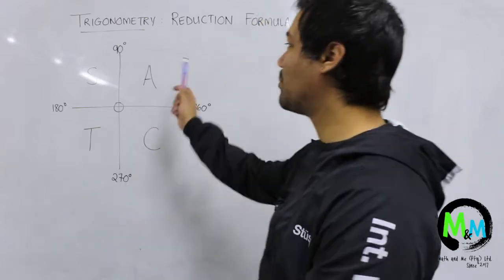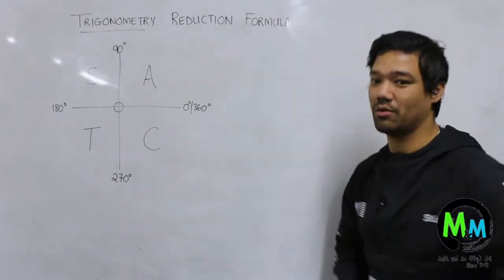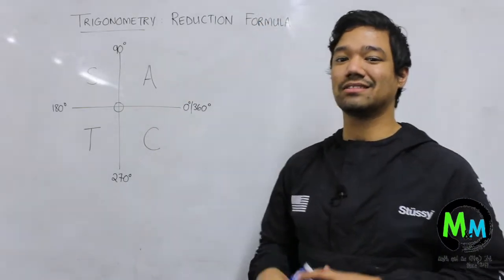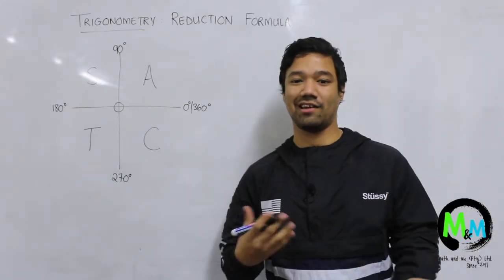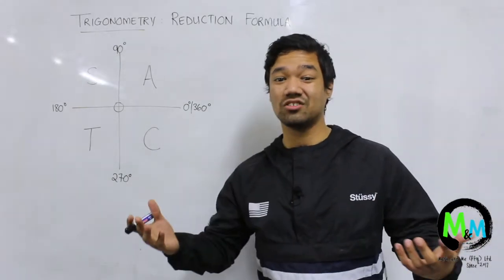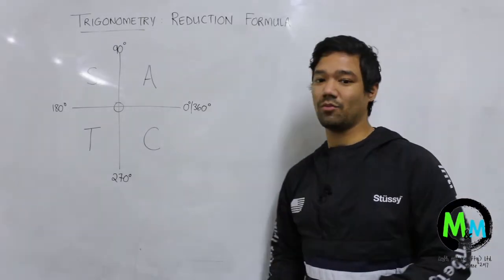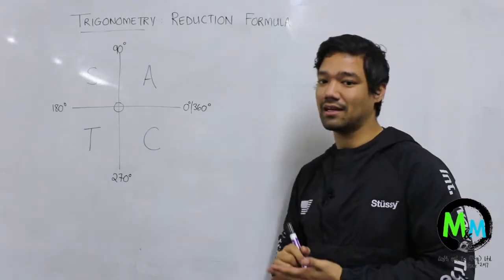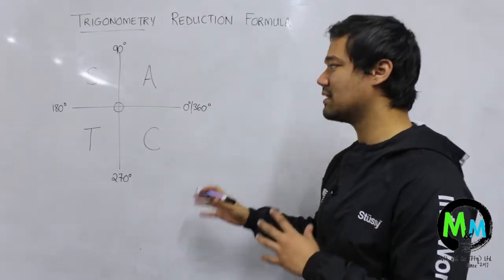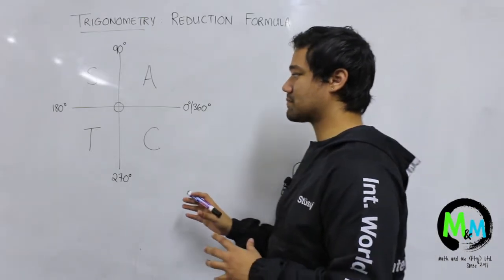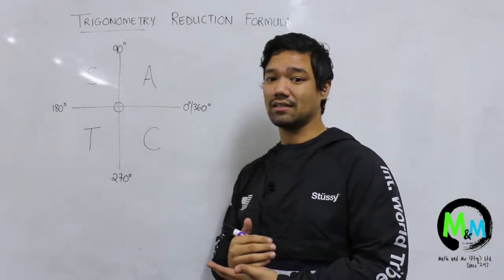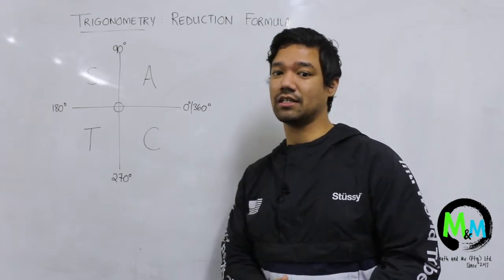Right, so next up we're going to be looking at reduction formula in trigonometry. This is sort of the foundation of your grade 11 work, or at least the new thing that you're learning in grade 11. Very important because you'll also be using reduction formula from now on until matric. So make sure that you understand it. Pretty simple to do, but just make sure that you do understand the steps that go into reducing ratios